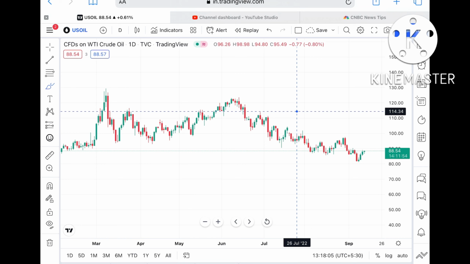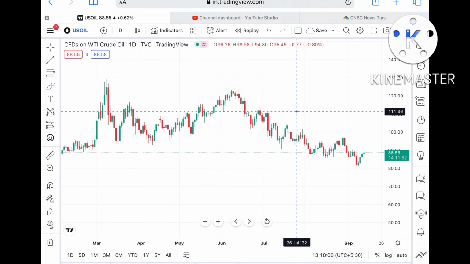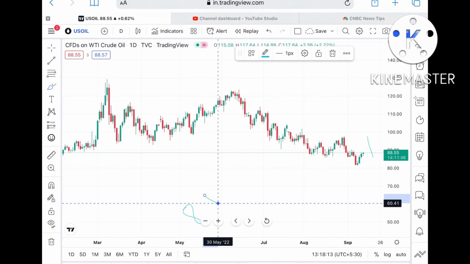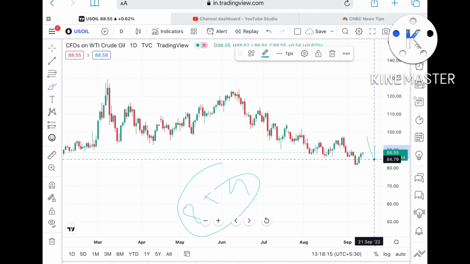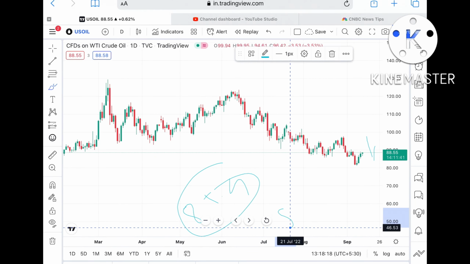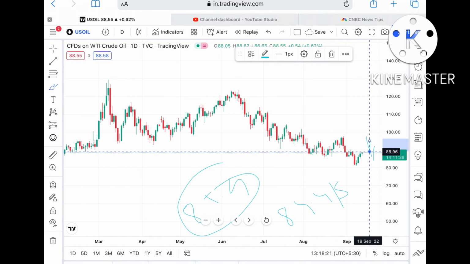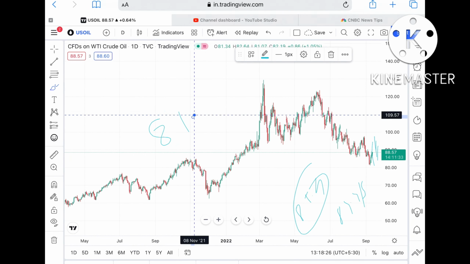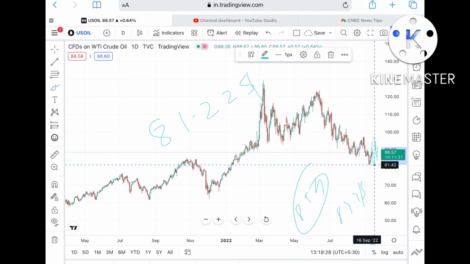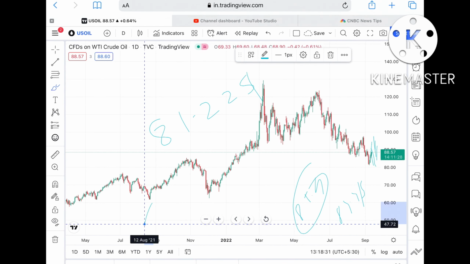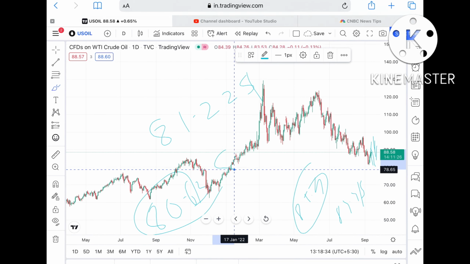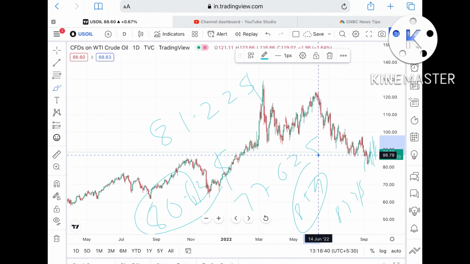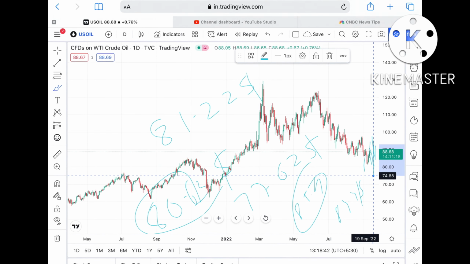Okay, so suppose if this particular level is not sustained, we can see it can come down again to a level of $85.9, and suppose if that level also doesn't sustain, then we can see it can fall further low towards a level of $84.4. Okay, and once the price falls below this particular level, then we can see it can move further low towards a level of $81.22, and from there we can see it can move further down towards a level of around $80.63. Okay, and once the price falls below this particular level, then we can see it can touch a level of $77.62, and if that level goes down, then we can see it can move further low towards a level of